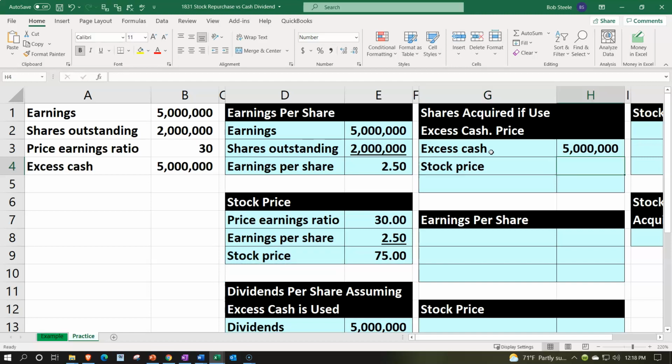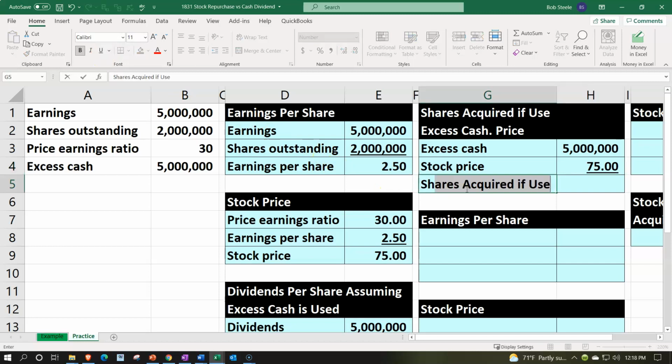Now, if we purchase a large amount of shares, the price might be slightly higher than the market price at a given time, but I'm going to pick up the price there. We're going to go to the number group, add a couple decimals, font group, and underline. That's going to give us our shares